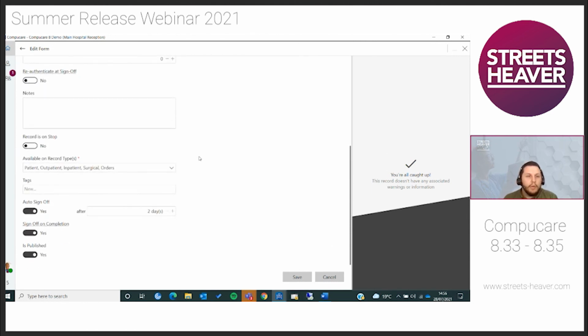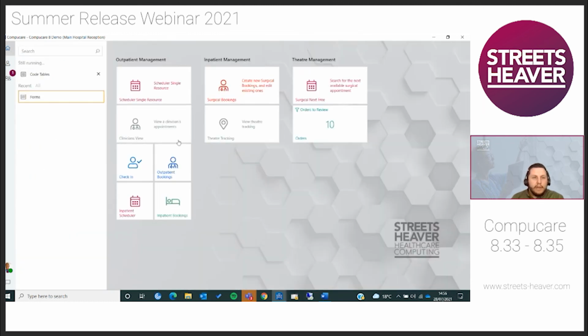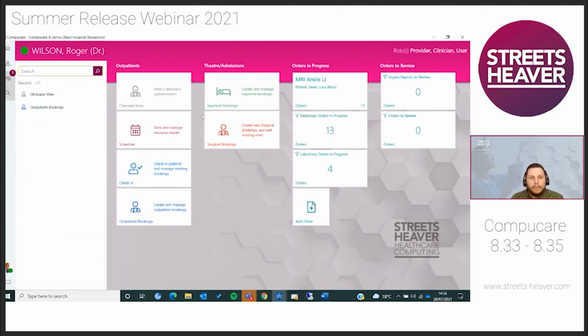If we scroll down to the bottom of the form, you can see there's a couple of things going on here. We've got the auto signing off, so we're saying after 2 days, if it hasn't been signed off, this form needs to sign off. And then we've also added this new toggle here, which is sign off on completion. I've toggled this to yes. So what we're saying is as soon as the appointment's gone through, we want it to sign off that form straight away. So if I save that off and come back out of that,